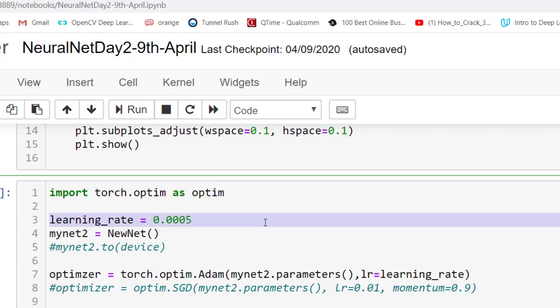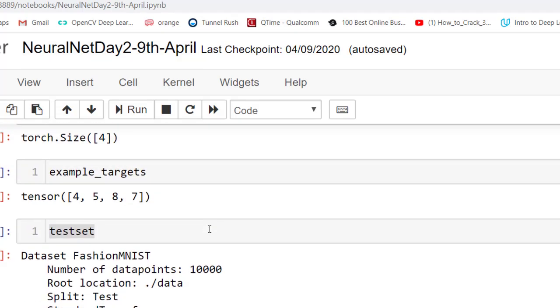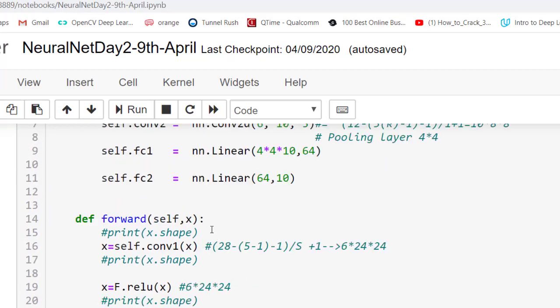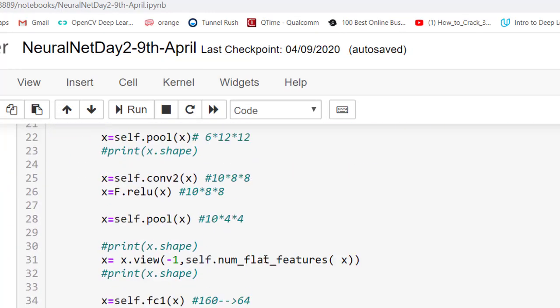optimizers. Learning rate, we are taking as 0.005, and I'm instantiating my neural network as mynet2. So it's going to call the init function, which means all this part is going to be initialized.